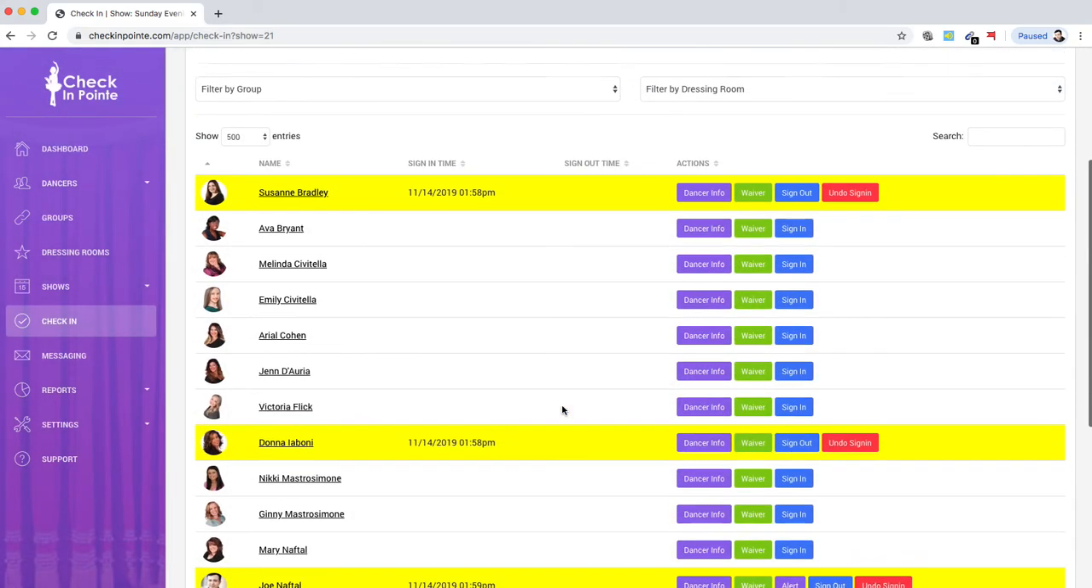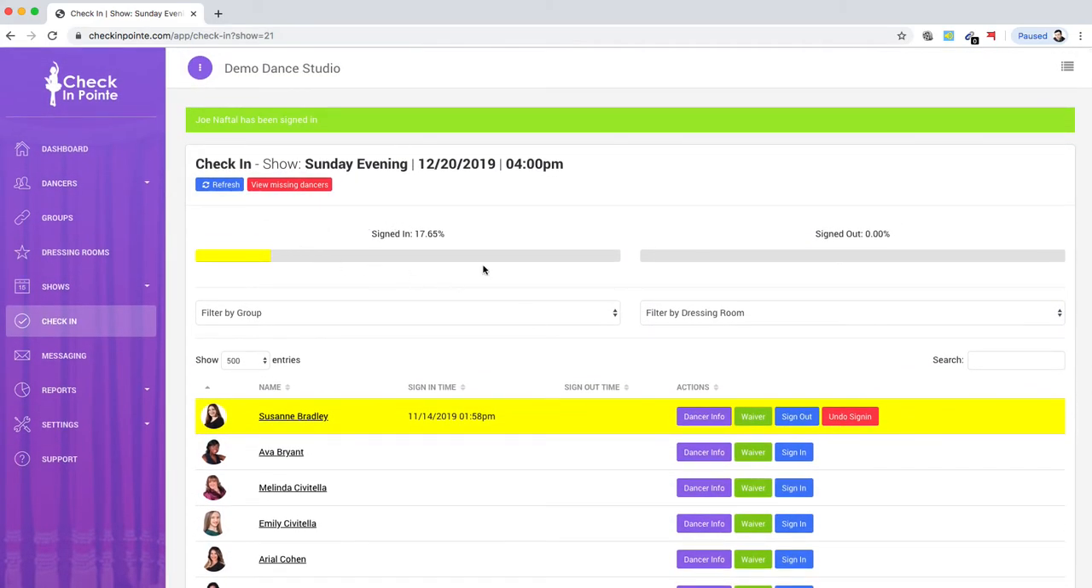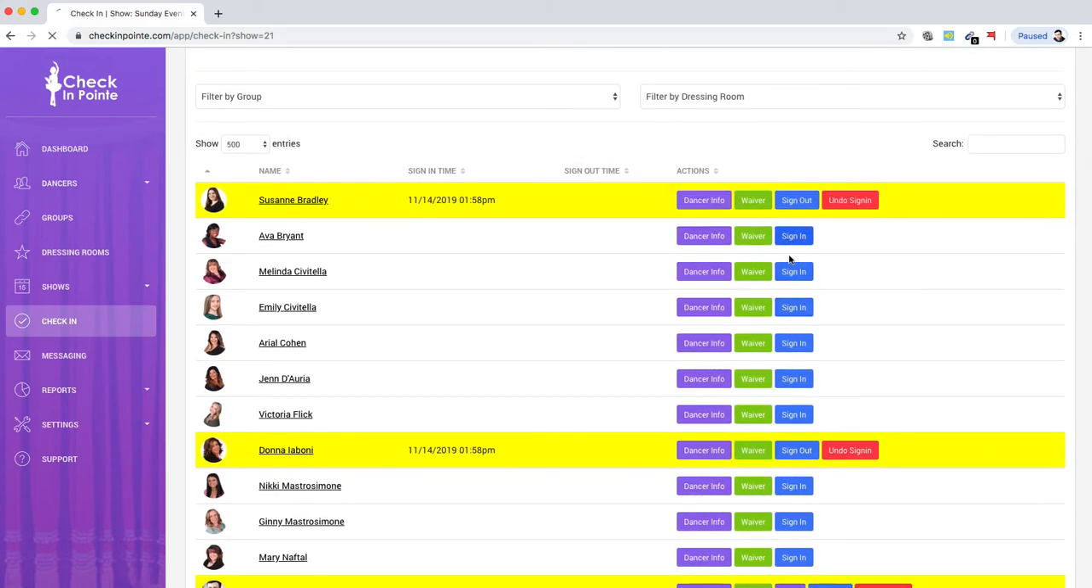Then up here in the progress bar, we see that 17% of dancers have been signed in. So we know right now that we're not nearly ready to start the show. But as we sign a few more people in,